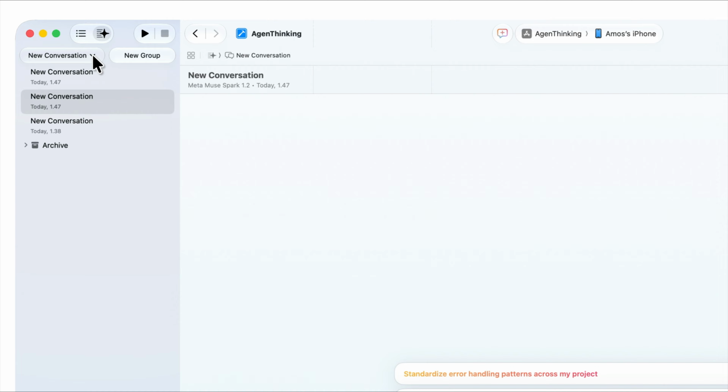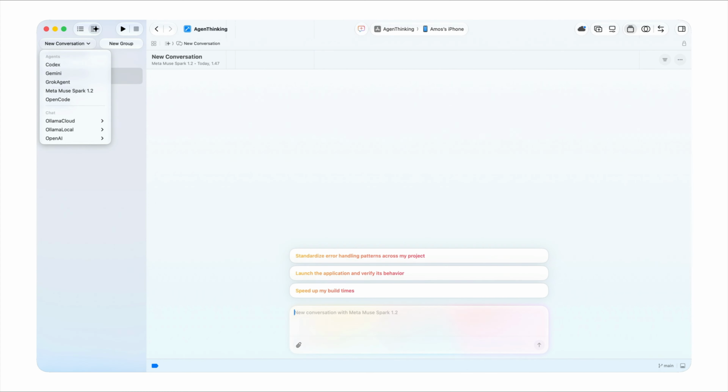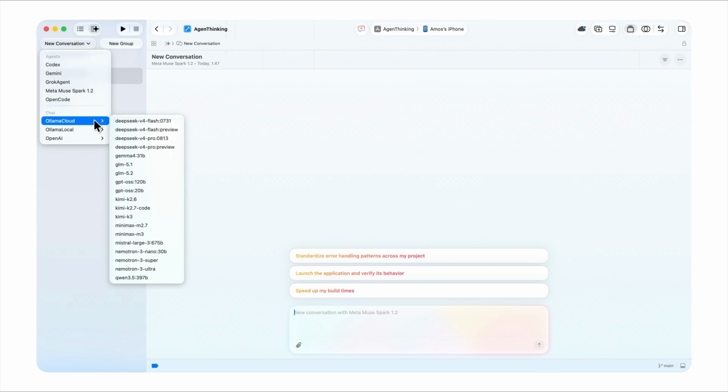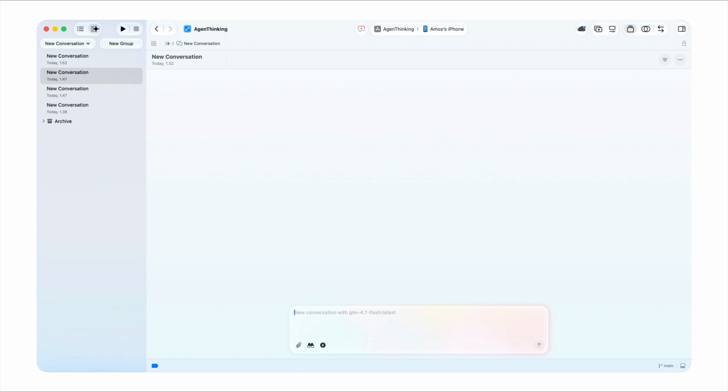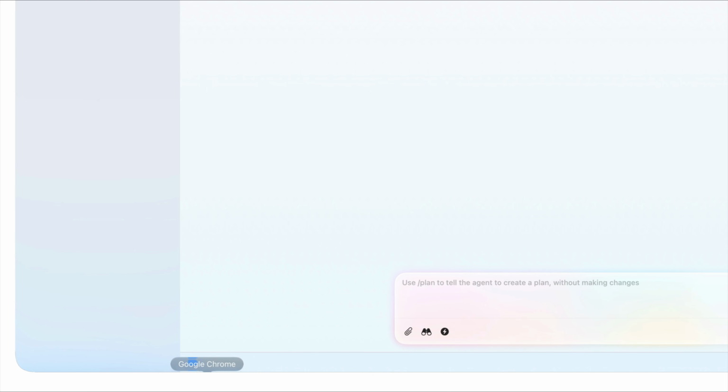If we come back to the new conversation screen, we can now go ahead and select any of the local Ollama models and start working with it, or select any of these cloud models as well. So this is how to bring custom agents and AI providers to your Xcode project. Let's also look at how to bring agent skills